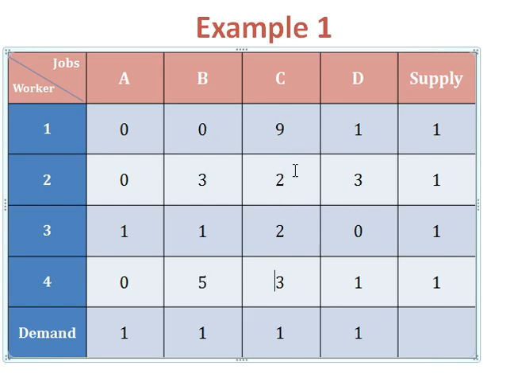For the third column again the minimum value is 2, so we'll deduct 2 from each element of the third column. So we have here 7, 0, 0 and 1. For the fourth column similarly the minimum value available is 0, so when we reduce 0 from each element of the fourth column, it will remain unchanged. Okay, so now we have completed the reduced table by column minima also. So what is the next step?